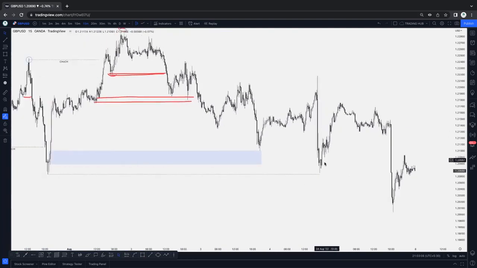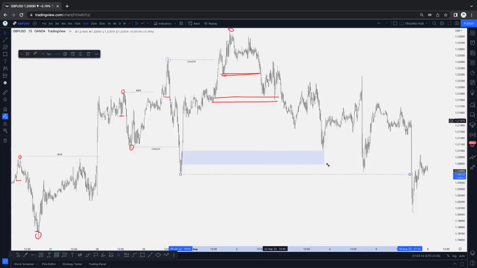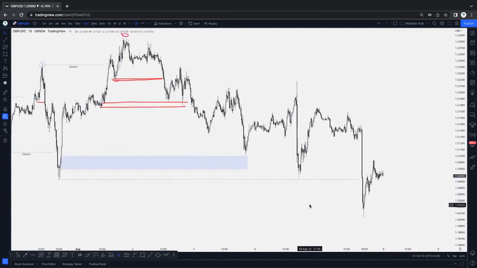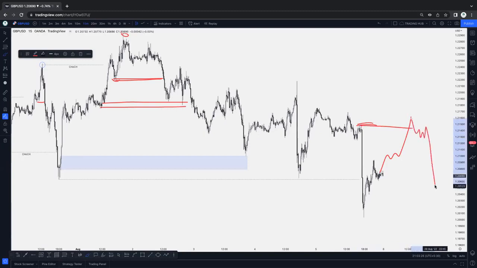Okay, so finally the market breaks the structure here, closes below it, and the market shifts bearish. So after the break of structure, where is our inducement? It is here. Okay, the market goes higher, takes out this inducement, and then we can sell. This is the first area of interest where we can sell after taking out the inducement.